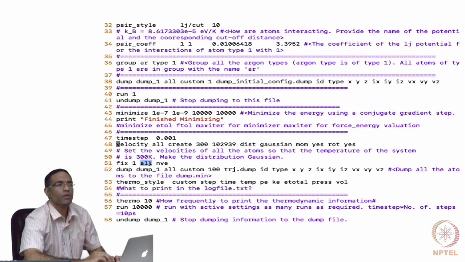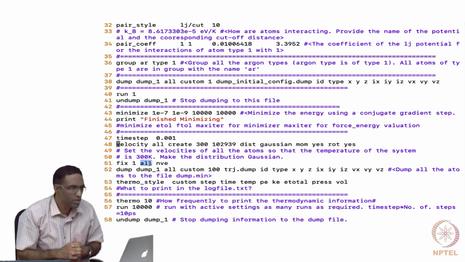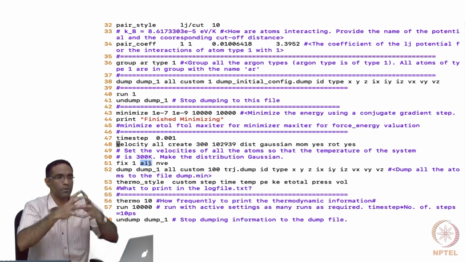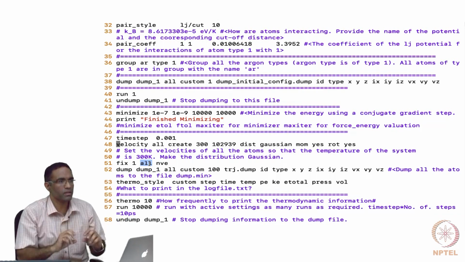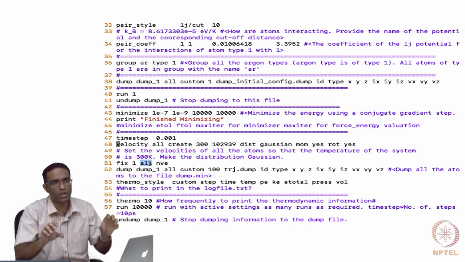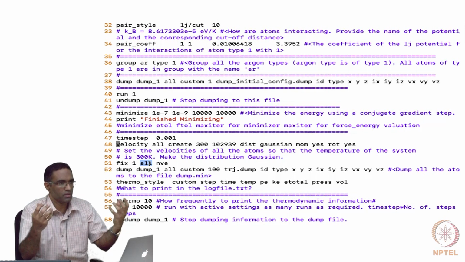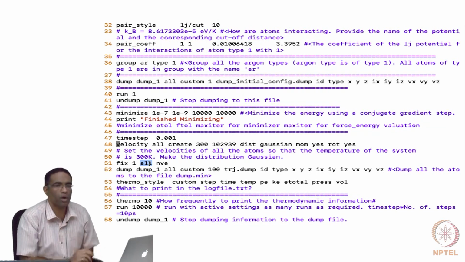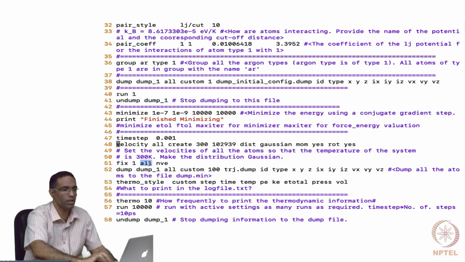This is the set of atoms, or the group, to which we want to apply the fix or perform the integration. So as you can see, you do not necessarily have to have all the atoms in a particular fix. For example, you could choose a surrounding shell of atoms in the simulation box and apply a different fix to the set of atoms present within that shell. All that is possible, but in this case we are applying the fix to the entire set of atoms.